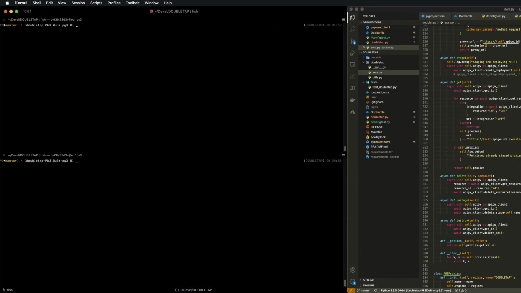So the first thing I'm going to show you is DOUBLETAP. It's a toolkit called DOUBLETAP. DOUBLETAP is essentially a MITM proxy add-on. If you're not familiar with MITM proxy,